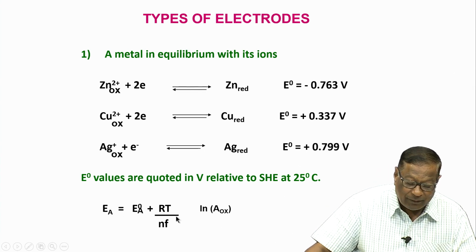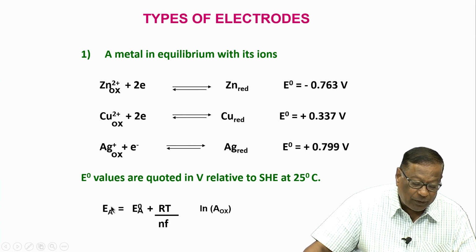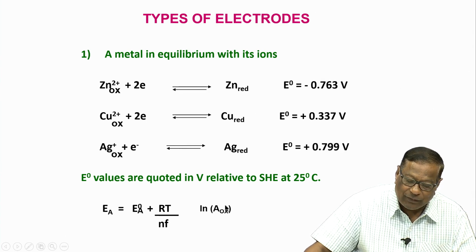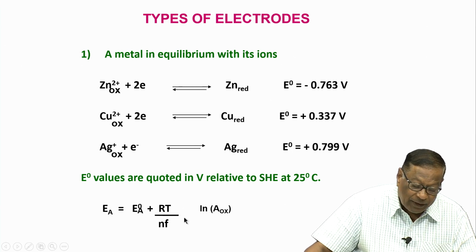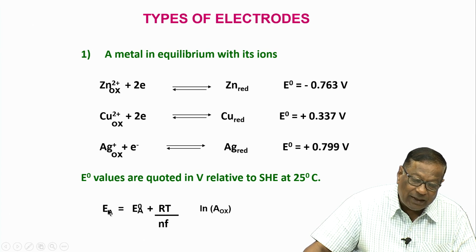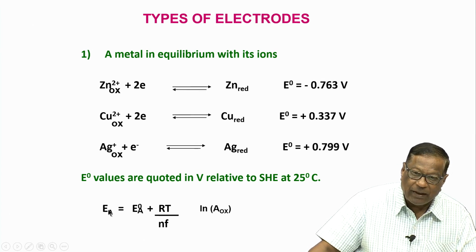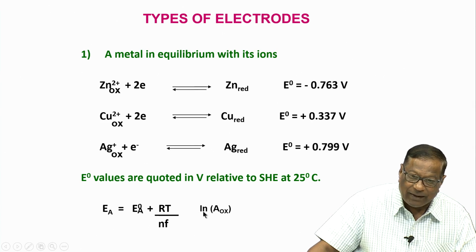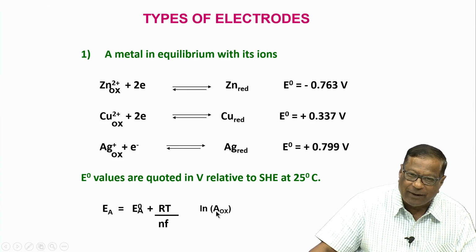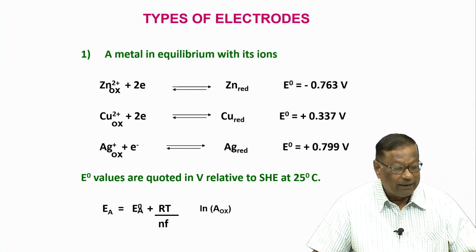But then what will be E_A? E_A depends upon the concentration of the solution, isn't it? So, R is constant, T is constant, number of electrons are constant, Faraday is constant. So, the only thing that can vary is concentration of the solution. So, actual potential depends upon the concentration of the solution, and if the actual potential is in variance, if it is different from the calculated value taking into account concentration, what I should get. If I do not get it, then I say electrode is polarized.